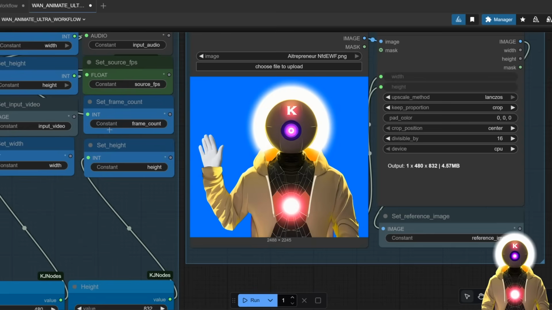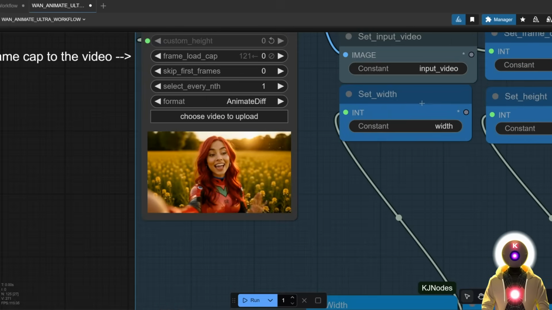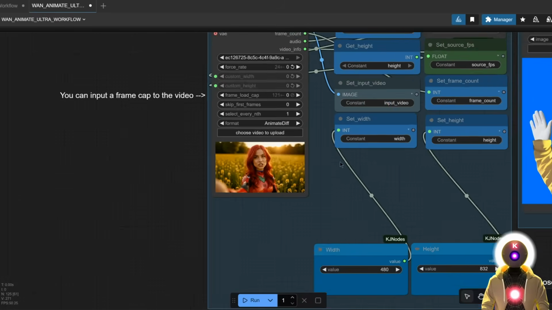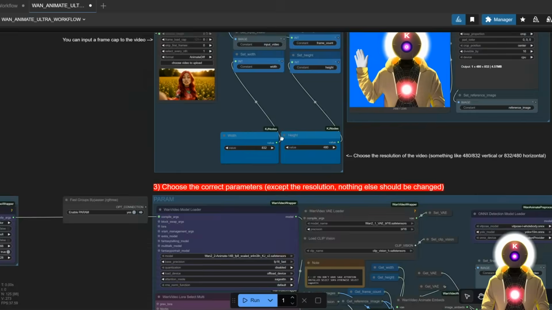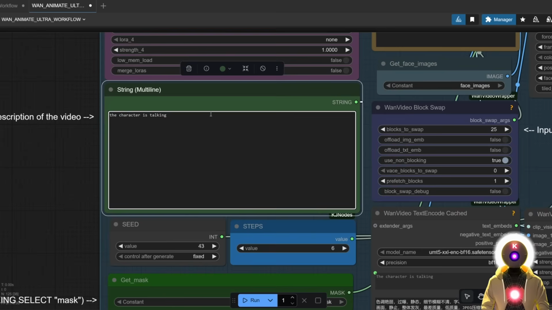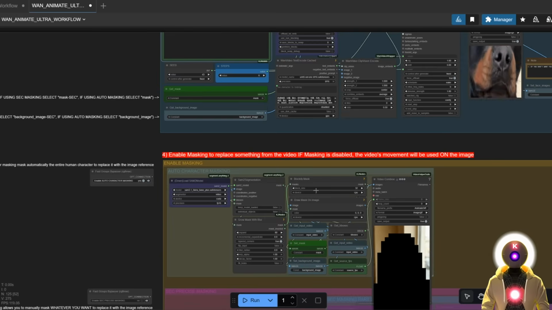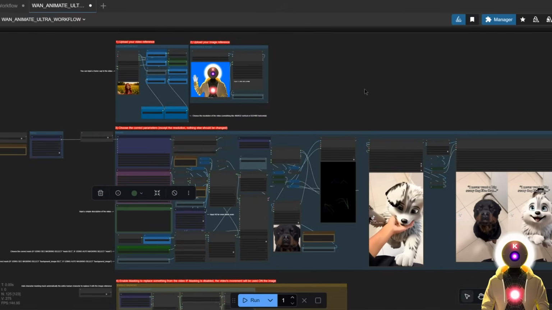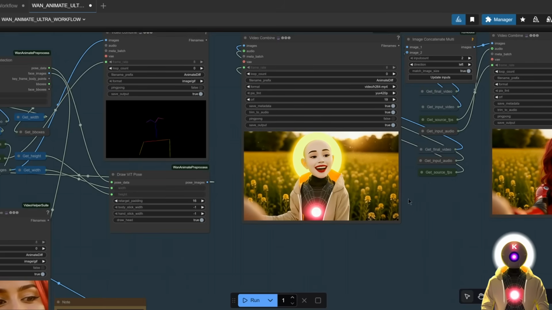for example me. Yes, that's right, I don't have any face, I don't have any ears, I don't have any nose or mouth. And if I want to input that and replace this woman, for example, if I leave everything by default, I'm just going to change the resolution right here. And I'm actually going to use the normal mask so that it is a little bit faster. And if I input in the prompt, the character is talking, and I enable this auto masking option, if I leave everything by default and I click run, which in the end gives us something like this, which is,